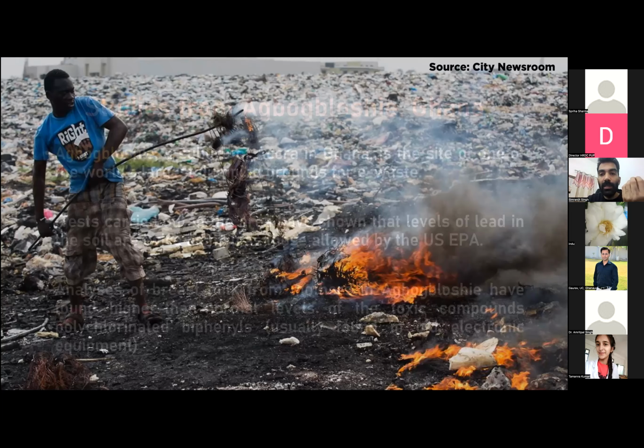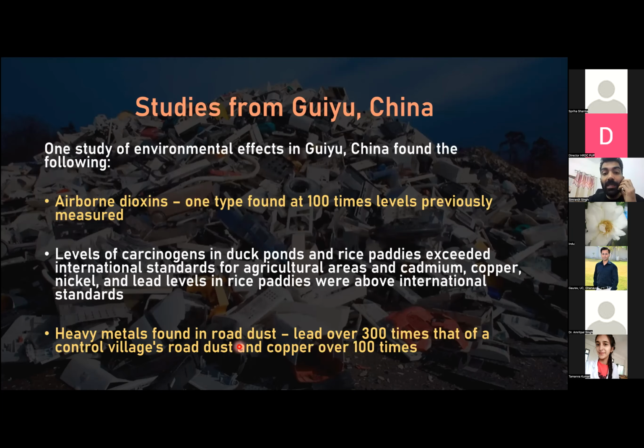ये जो Agbogbloshie की फोटो आप देख सकते हो, वर्ल्ड का सबसे बड़ा डंप है सिटी के अंदर। तो ये Guiyu के अंदर क्या हो रहा है, one study on the environmental effects in Guiyu: airborne dioxins, one type was found at 100 times the level. पहले जितनी थी उससे 100 गुना ज्यादा बढ़ गई आपकी जो डायोक्सिन थी, एयरबॉर्न डायोक्सिन। Level of carcinogens जो duck ponds थे,